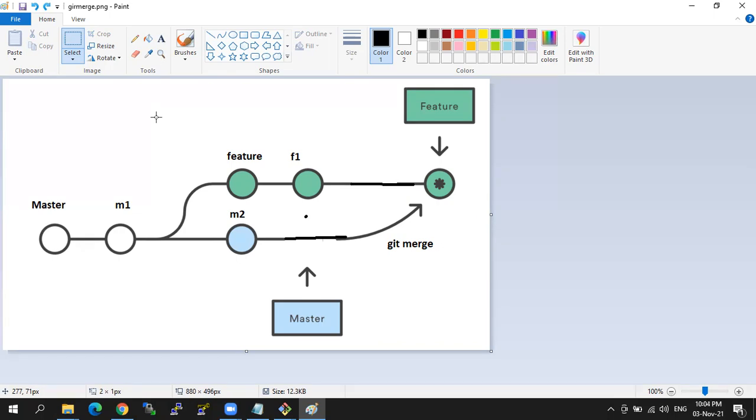I already told you in the last class also, in real time we mostly work with the feature branch. Once the changes are completed in the feature branch, we push the changes into the master branch. That is what we are doing. This is a simple example you can understand. Whenever you do the git merge, two things you need to observe. The first point is that it is asking for a commit message and it is showing the